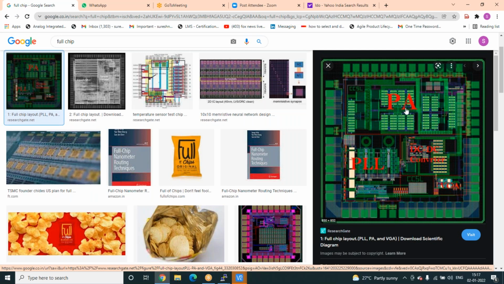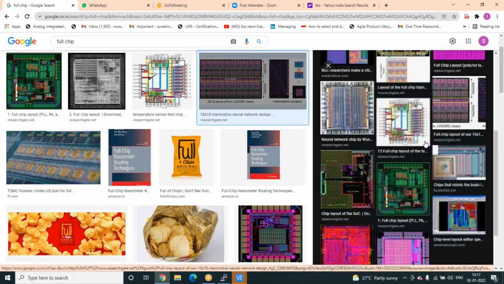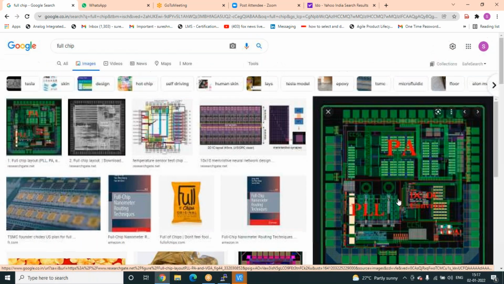These are done by digital people. PA, some different application, full chip layout. It is showing very small, but inside it will be 10,000. Like that, many devices will be there.